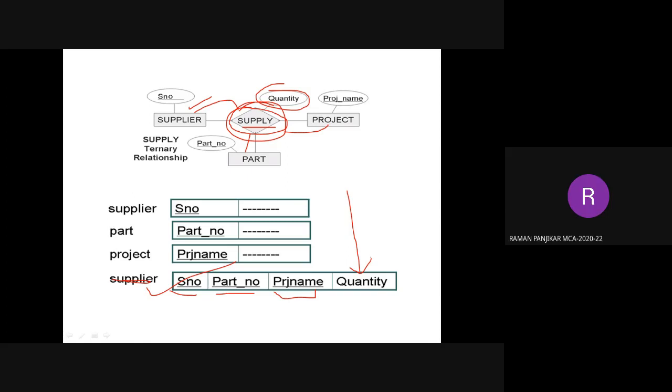Yes, ma'am. Team, match and stadium. Very good. Place is a ternary relationship there. In that, place is a ternary relationship, which means there are three entities participating in that relationship: one is team, one is stadium, one is match. How have we created this place table? We have created a new table for place. What does this place contain? It contains team ID, stadium ID, and match ID also. Correct? Along with that, it of course contains date and time as well. That is there because that is the attribute of the place itself.